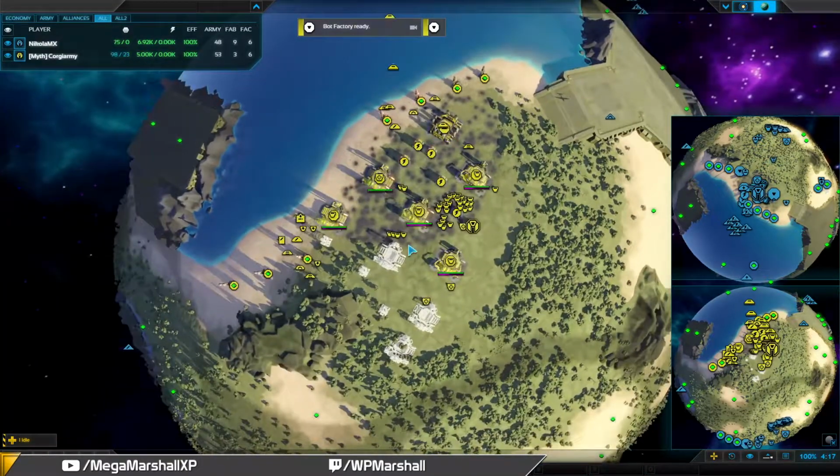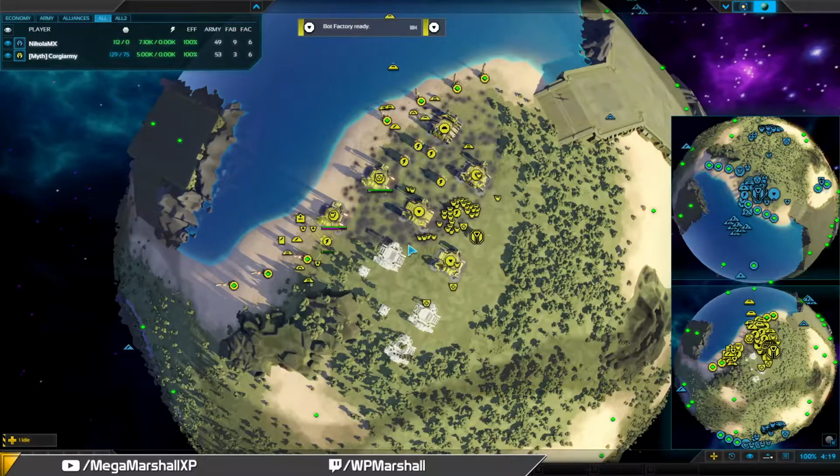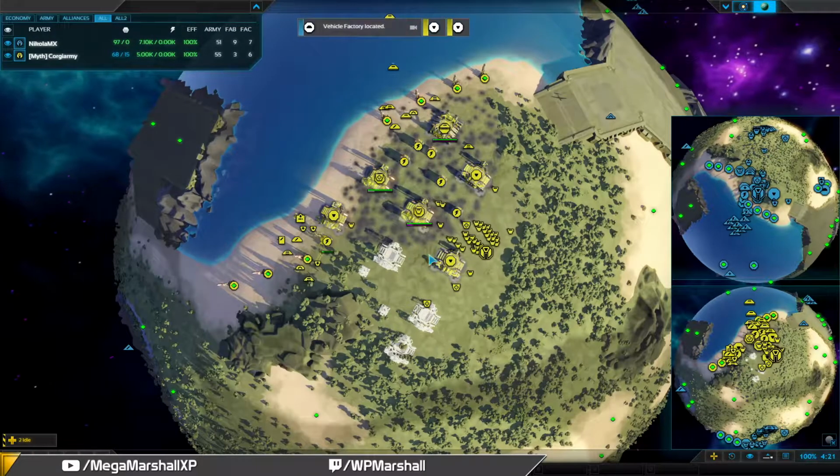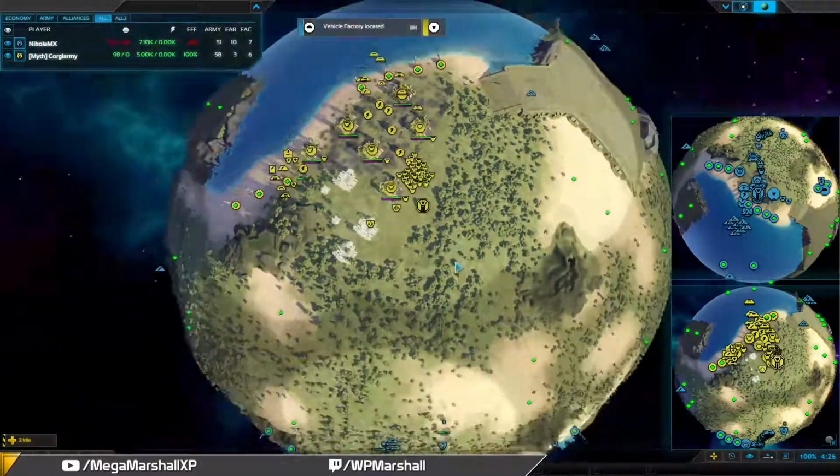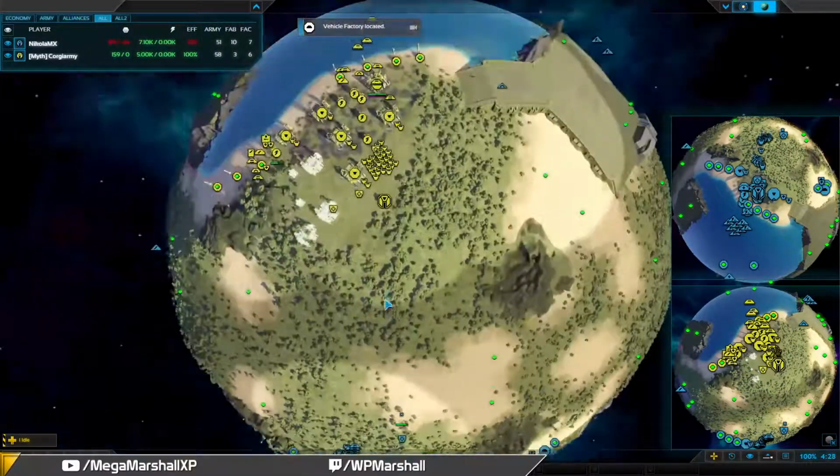At a certain point in the game, you might want to build an advanced bot factory. It gives you more powerful bots. And Corgi's doing it again! No way is he doing it again! Last game against Dreadnought,